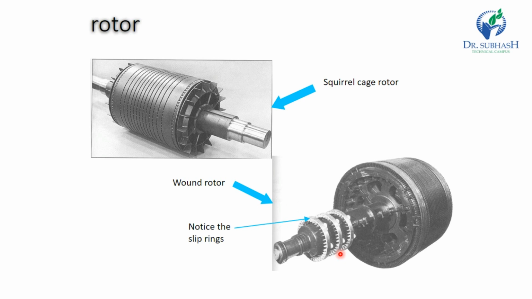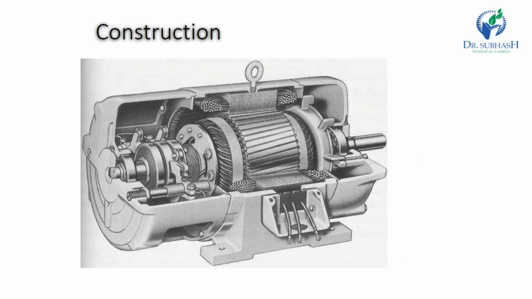Here we see the sectional view of a slip ring type three-phase induction motor and the slip ring. Now the other construction parts of the three-phase induction motor. There are a number of parts in the induction motor. The first one is the frame. The frame is generally made of a material like cast iron, and its function is to support the core and protect the inner parts. Now, the stator core.